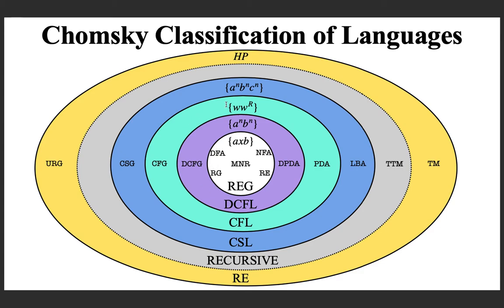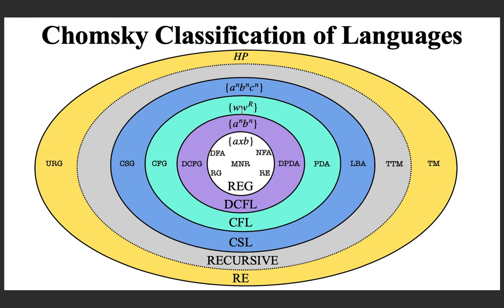The next powerful class of language is deterministic context-free language, and the corresponding automaton is called a deterministic push-down automaton. Here is an example language: A to the power n, B to the power n. We will see that non-deterministic context-free languages are more powerful than deterministic context-free languages, unlike regular, where the deterministic and non-deterministic versions are the same. In context-free, you have both deterministic and non-deterministic context-free languages. Here is an example: the set of all even length palindromes, the set of all strings W followed by the reverse of W.